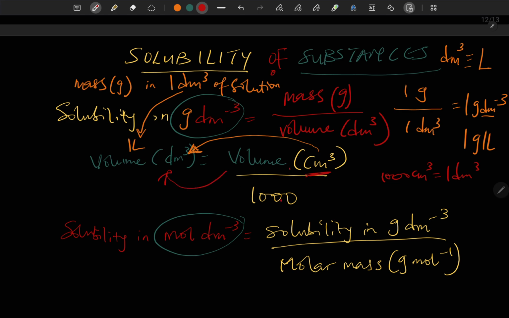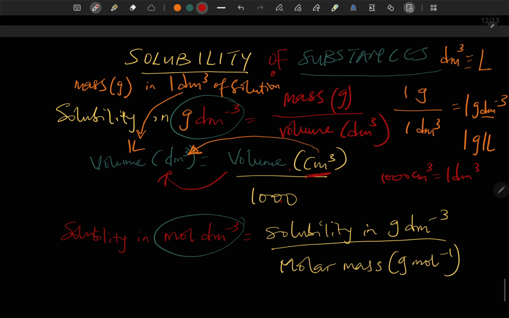Okay, so now what do we mean by solubility in mole per dm cube? Solubility in mole per dm cube is the number of moles of a substance in 1 dm cube of a solution. Notice that here we use mole for solubility in mole per dm cube. Here we use mass for solubility in gram per dm cube. So the solubility in mole per dm cube is the number of moles in 1 dm cube of a solution,